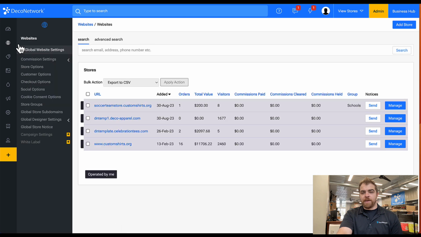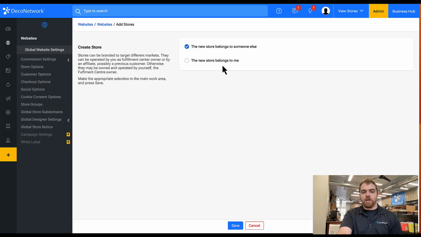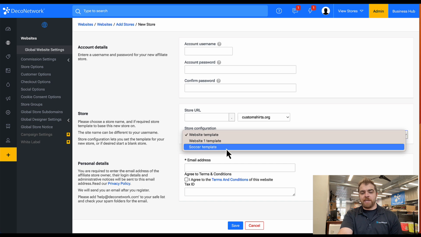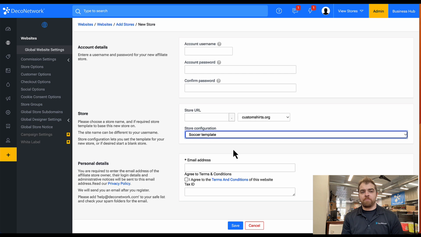And then again, when I come into website, add store, I can choose if it belongs to someone else to track commissions or if it belongs to me. And then you will see that within store configuration, there is the soccer template. It's really that easy, but very important that again you have the store options on, otherwise it'll get a little